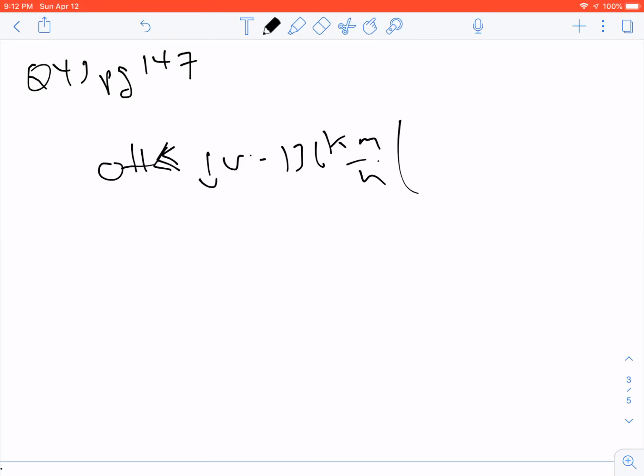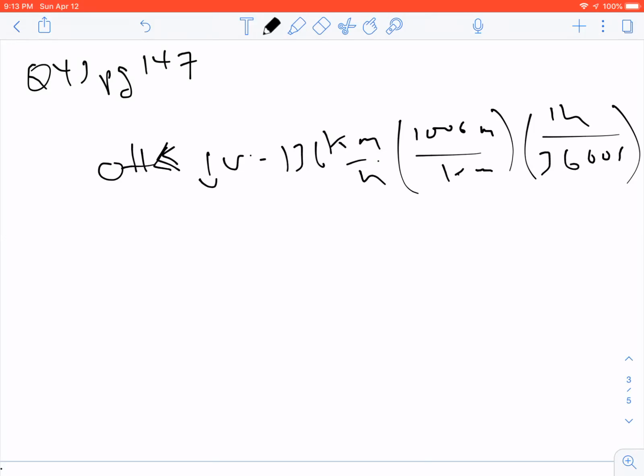I'm going to convert that: 1,000 meters is a kilometer, and 1 hour is 3,600 seconds. My kilometers disappear, and my hours disappear, and I'm left with meters per second. Okay, and the answer is 37.8